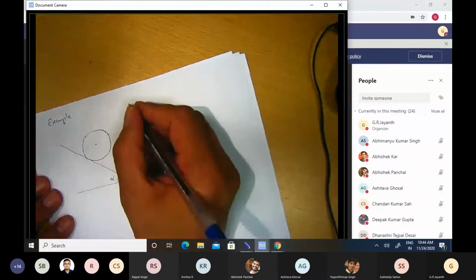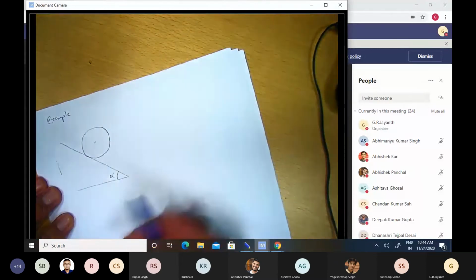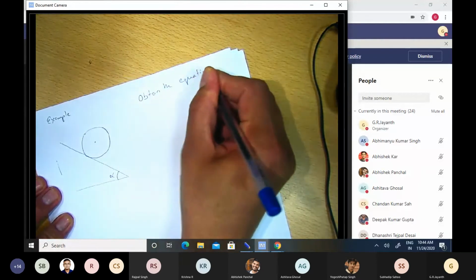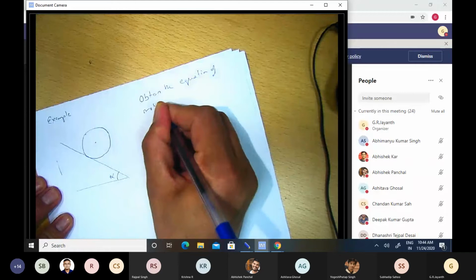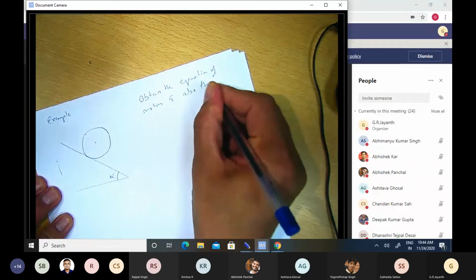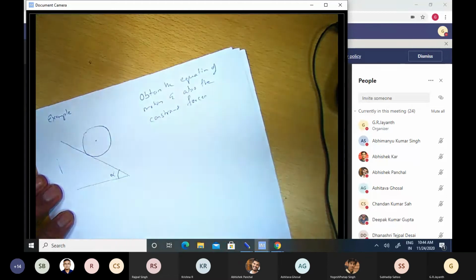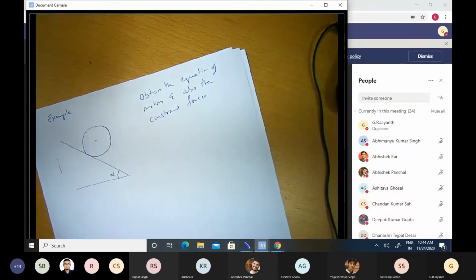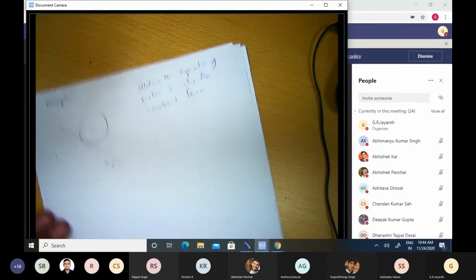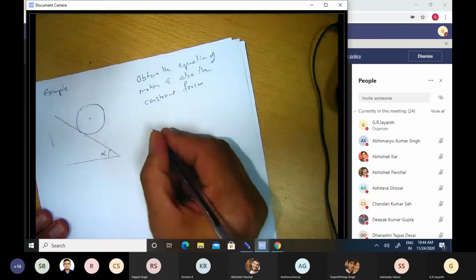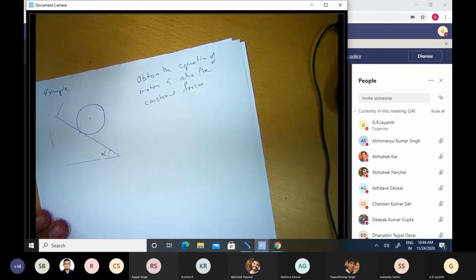So this is all in the vertical direction. So the question is to obtain the equation of motion and also the constraint forces. Let us first consider only the equation of motion. Suppose we had to only obtain the equation of motion and not worry about constraint forces. What would we do? Firstly, we note the kind of constraint that this has. Let me first pick an appropriate set of generalized coordinates.